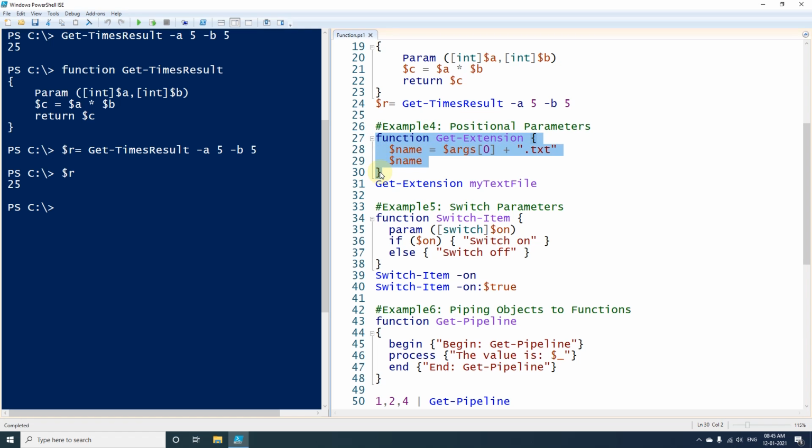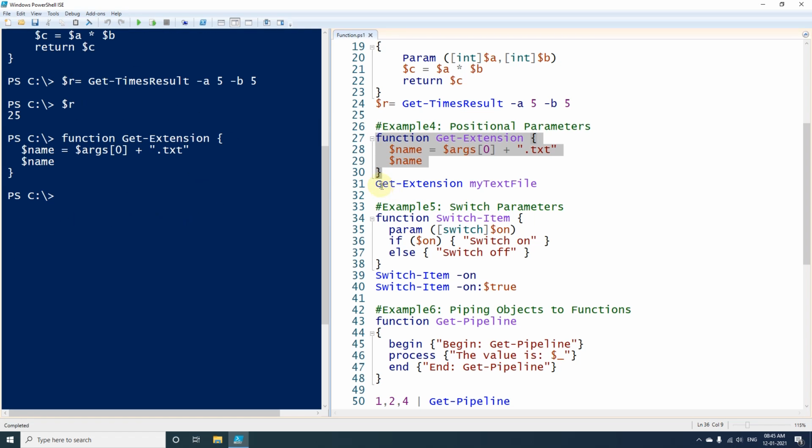So let's execute this function first, and now to call that function I have used the function name, and with that I am passing the argument. If I execute this line, I get the output as my text file.txt. So this is how positional parameter works.